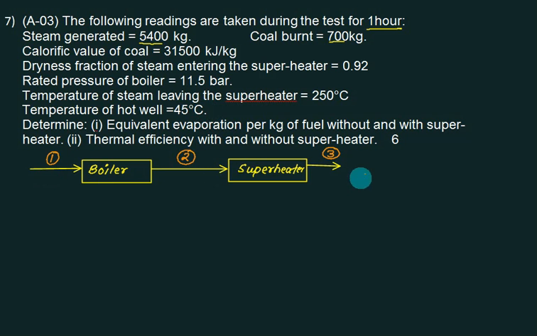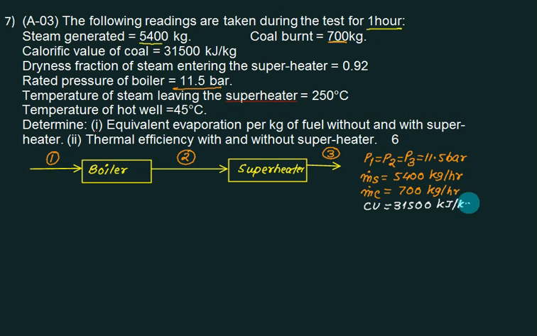So all pressures are the same. P1 equals P2 equals P3 equals 11.5 bar. Then the steam generated, m dot s, is 5400 kg per hour in 1 hour. Coal burned 700, mass of coal 700, calorific value of coal